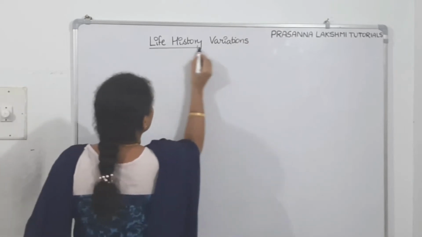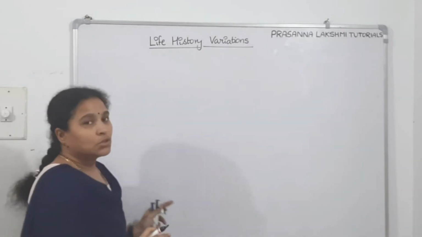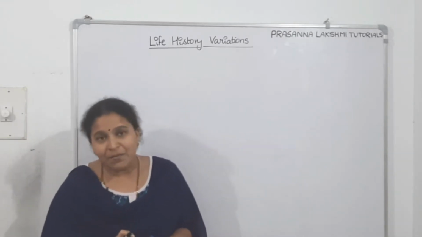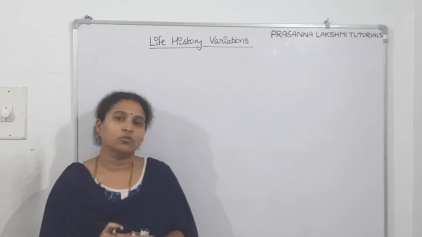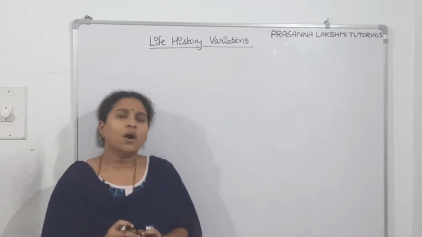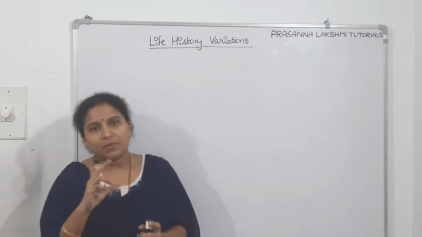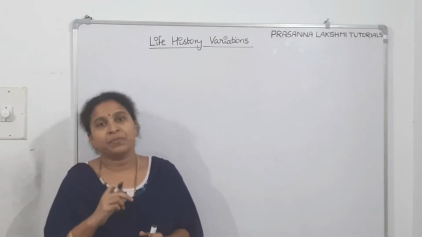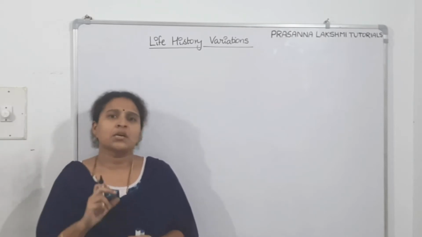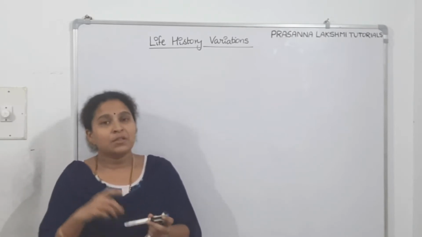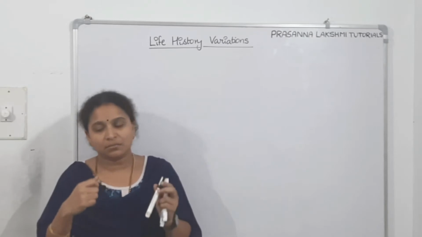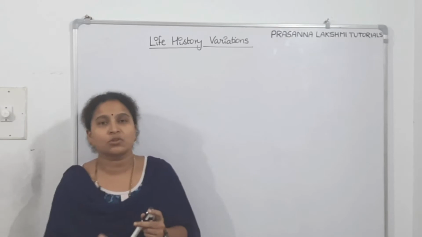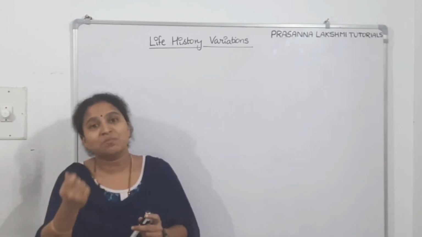Life history variations. Let us discuss. Darwin is the person who proposed survival of the fittest, and also the natural selection theory. According to Darwin, what do you mean by fittest? The fittest species means the genes are fit. He means reproductive fitness. What do you mean by reproductive fitness? It means the genes are strong and not changed, and the strong genes are able to pass to their next generations also. It means species continuity is maintained.